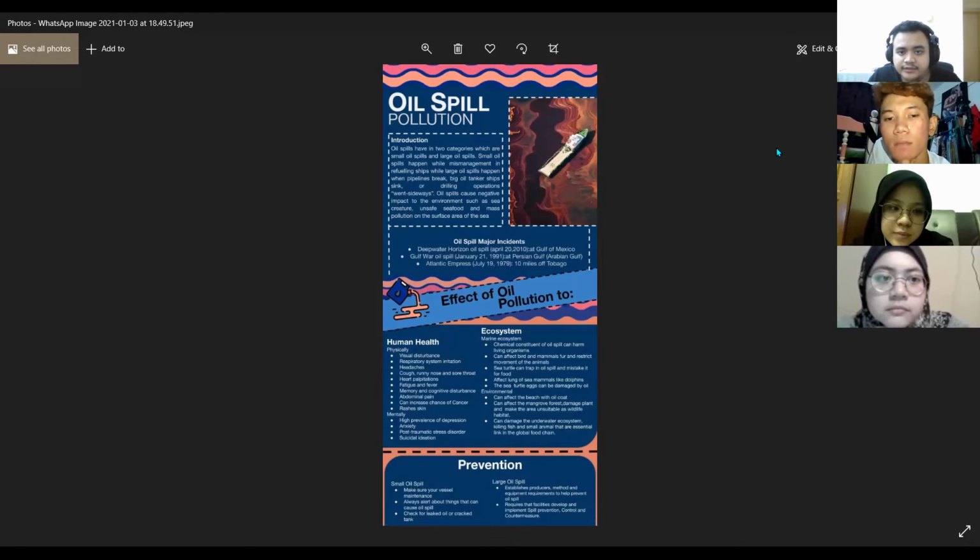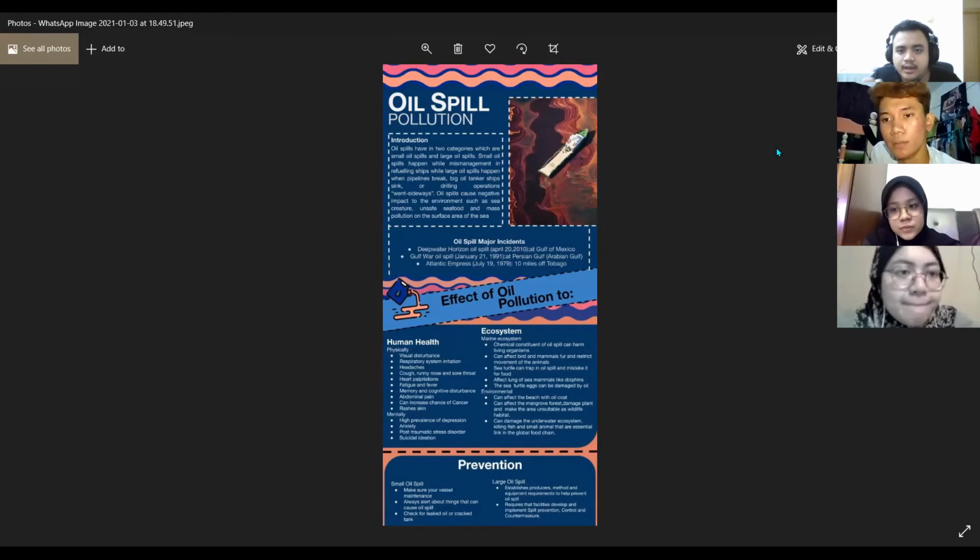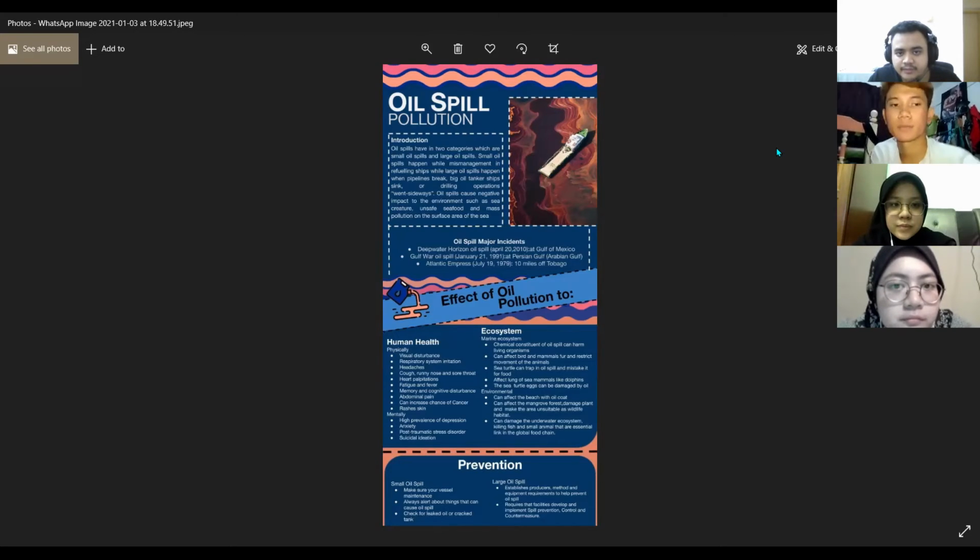What makes it bad is when the transportation of the ship from the oil rig to the refiner happens accidentally. This is what we call as oil spill. Oil spill has two types, which is small oil spill and large oil spill. Small oil spill happens when a mishap or mishandling of oil refueling to the ship, while the large one is when a pipe broke or the ship that carries oil tank